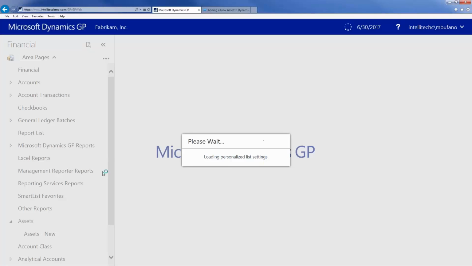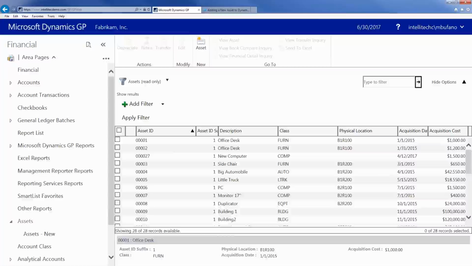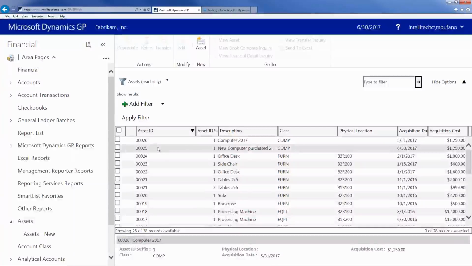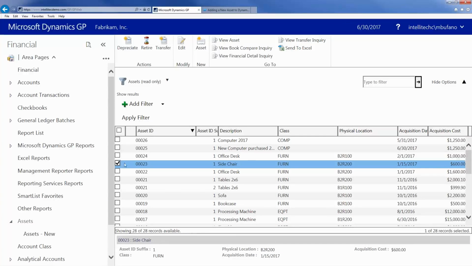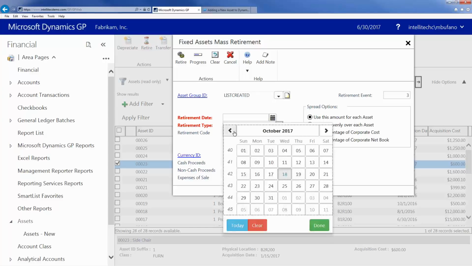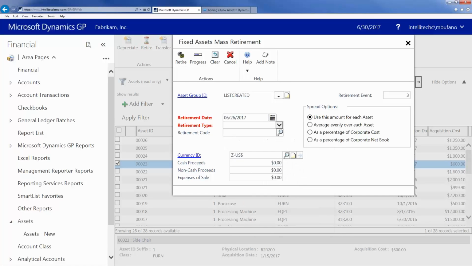So there's many ways to get to that disposal asset screen. I'm going to go this way. I'm going to find asset number 23 in my list with the $600, and you'll notice that the ribbon bar highlights. So I'm going to click on retire, and I'm going to put the details of the sale in here. So it's going to ask me for the date of the sale. And this happened in June. So it happened June 26th, and it was sold,